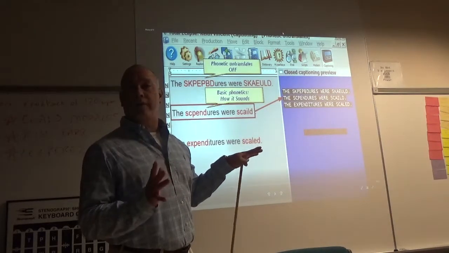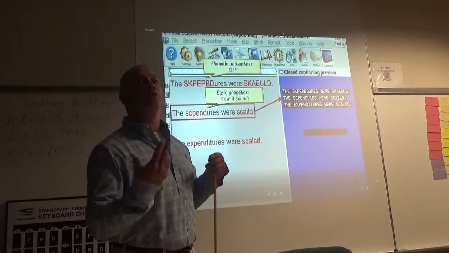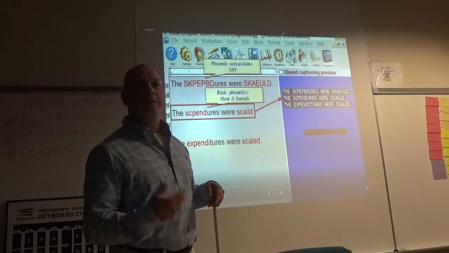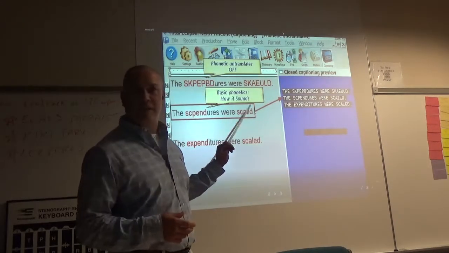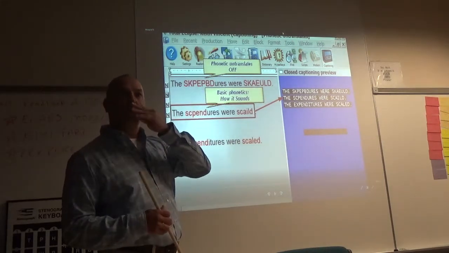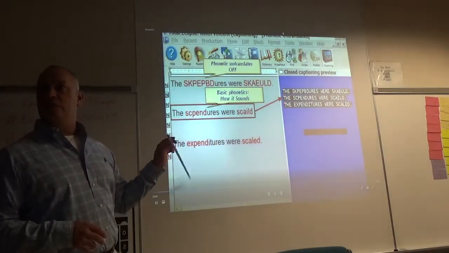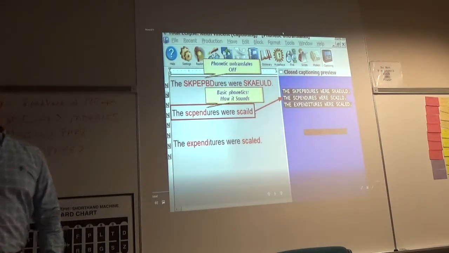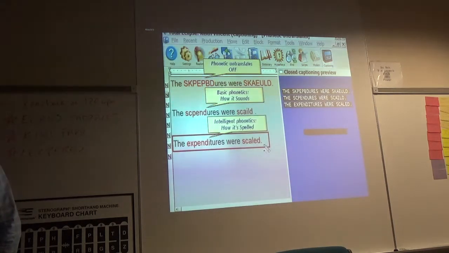It guesses what you're trying to write. From the way that you write and the way that you've used this software, it remembers what you're doing with the artificial intelligence on. So the more you use it, the more it's going to know what you do, and it's going to start guessing at what you're doing. The second time used basic phonetics, and the third time used intelligent phonetics, which takes advantage of the spelling dictionary.